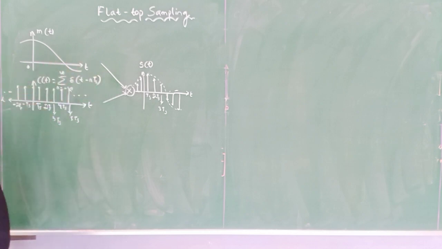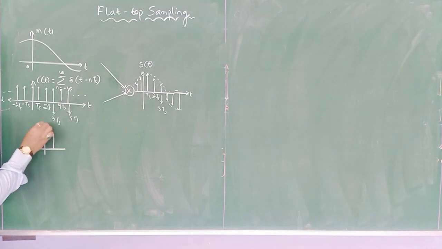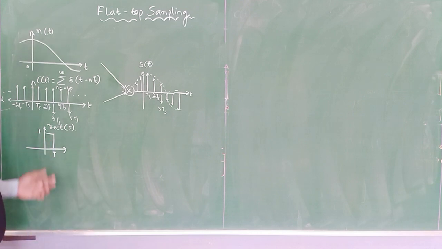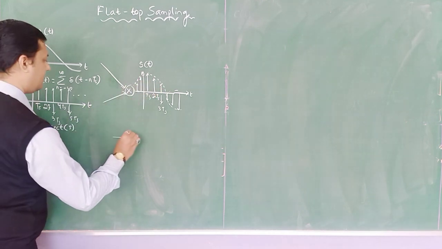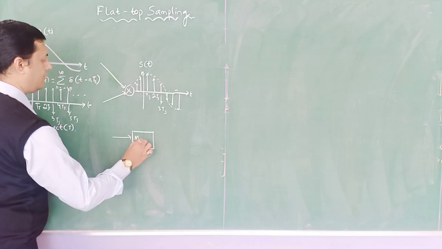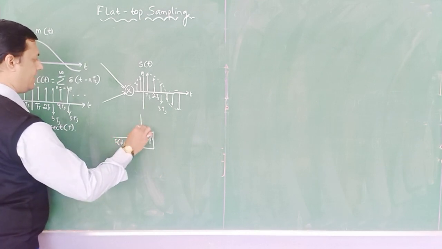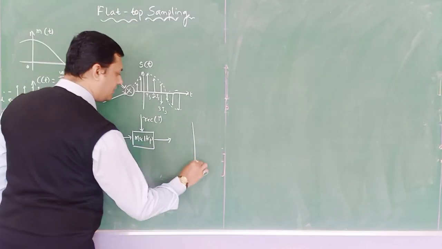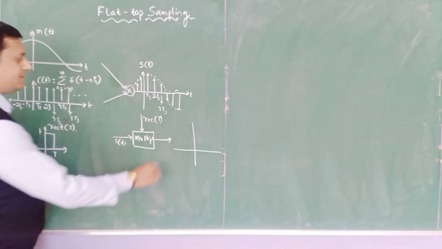Now to this instantaneous sample, let us consider a rectangular pulse, rect of t over tau, with amplitude 1 and time period tau. Now we are using one more multiplier, in which S of t and the rect of t over tau are multiplied, and then the output for this particular position, when you multiply this particular pulse,